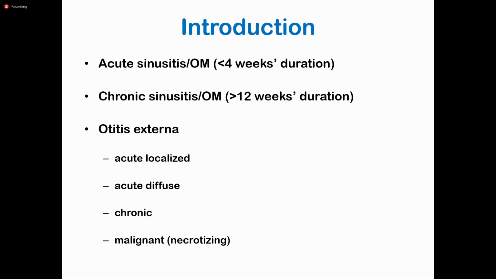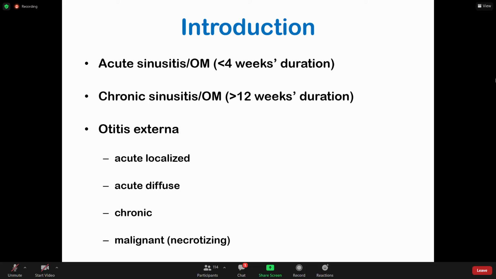In terms of presentation, otitis externa could present as acute localized infection, or it could be an acute diffuse infection. So it's not like you have a part of the pinna involved, but you have a global distribution of the lesions. It could be chronic, or it could be what we call a malignant otitis externa,